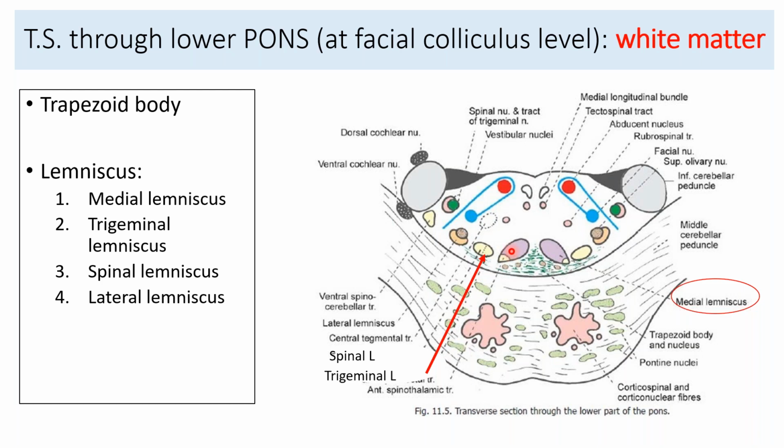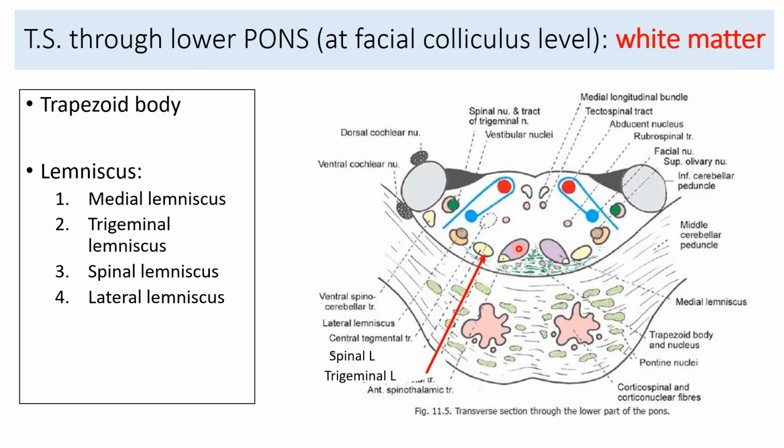Now the somatotopic representation is changed again at the level of the pons. So the medial lemniscus, which was there in the medulla, which was elongated anteroposteriorly, is now becoming flatter transversely. So we have the white matter in the form of a lemniscal system, all the ascending pathways, starting from this point. This is the medial lemniscus.